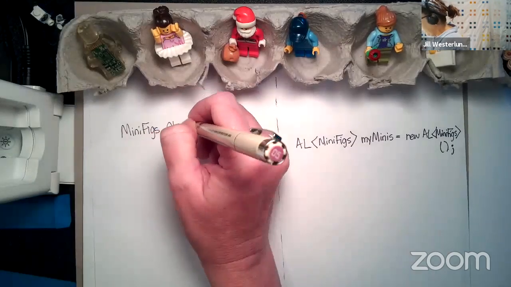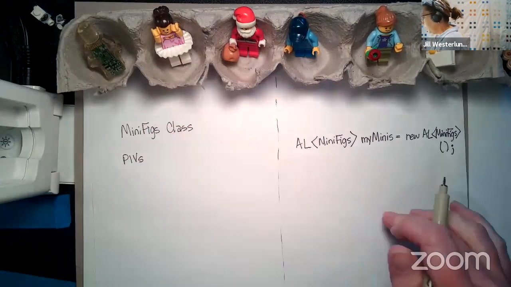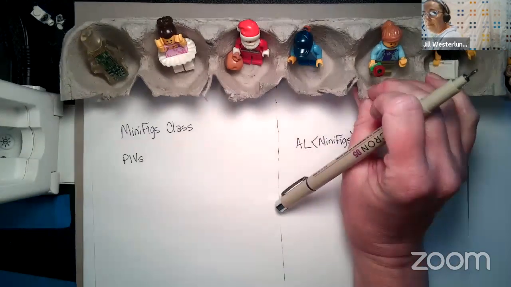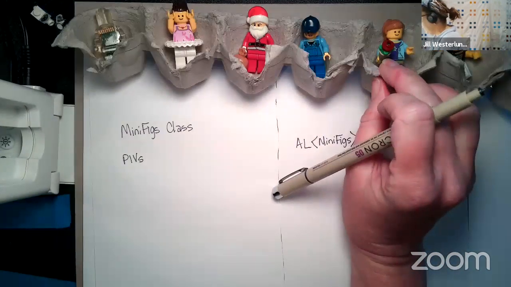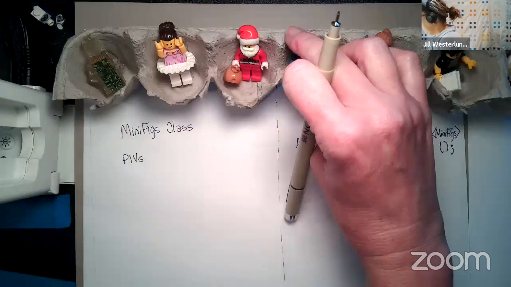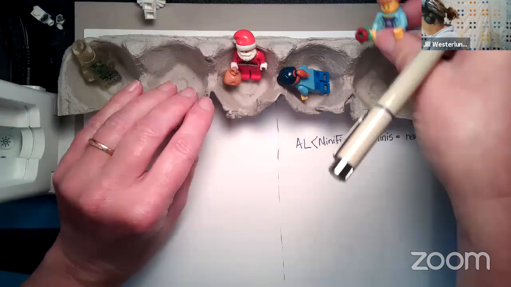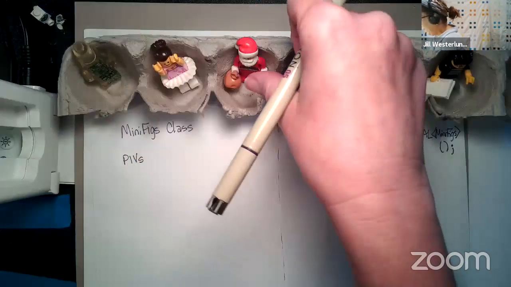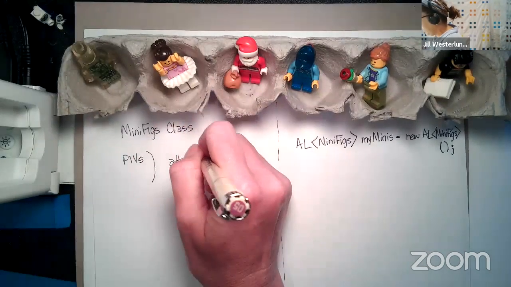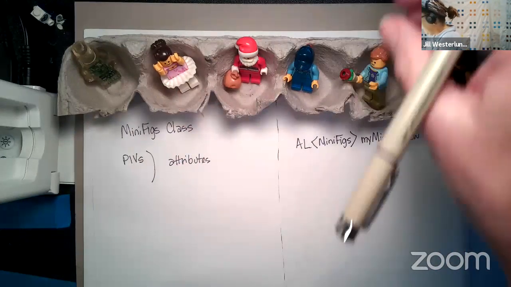So you got to think about what is it you want in terms of private instance variables. And if you wanted to do something like, let's say we wanted to search our minifigures to see if we have a Santa, or we want to search and see if we have, I don't know, pizza delivery guy, or whatever they may be. I'm trying to think. One of these now is the computer girl or whatever. So if we want to search by something, we've got to have that as an attribute, because remember, your private instance variables are your attributes. So I want you to think about what you have around your house that you could use to be inspired to build an array list. So that's our minifigure one.